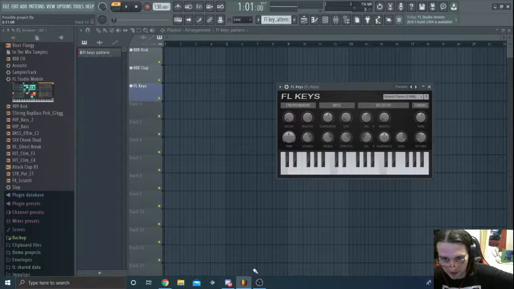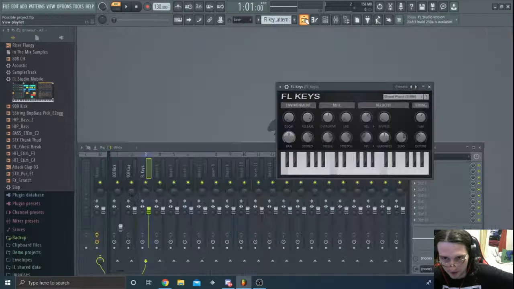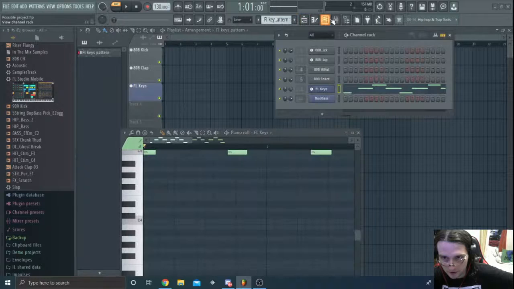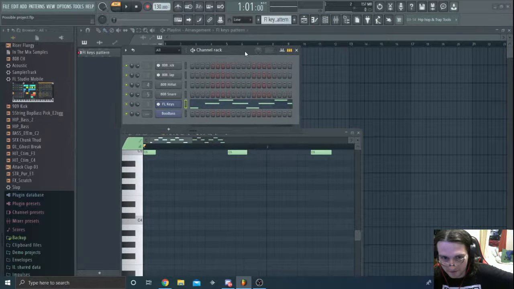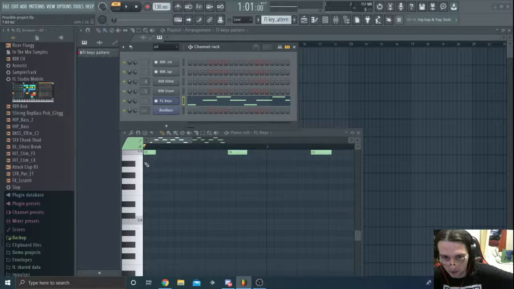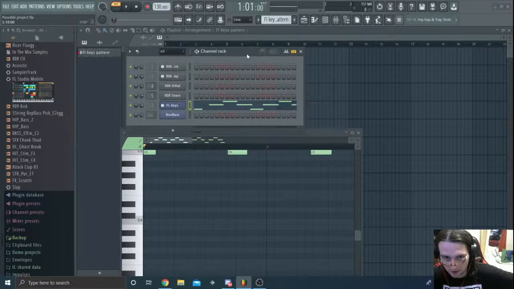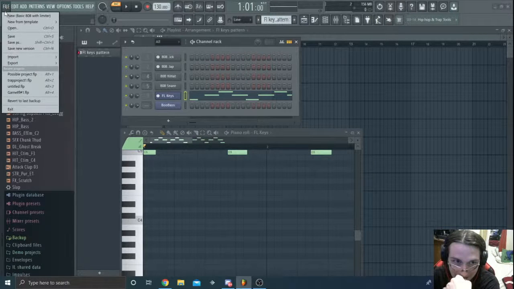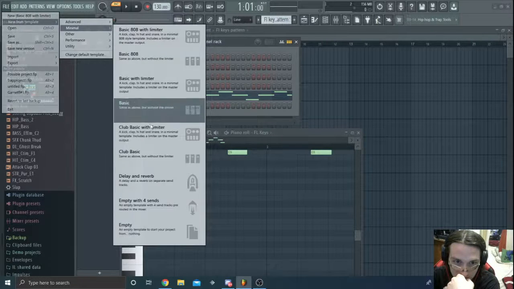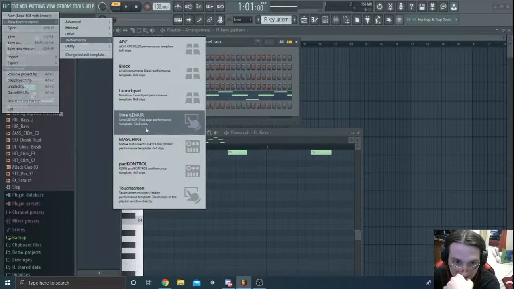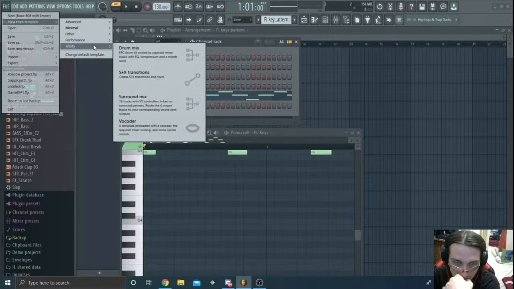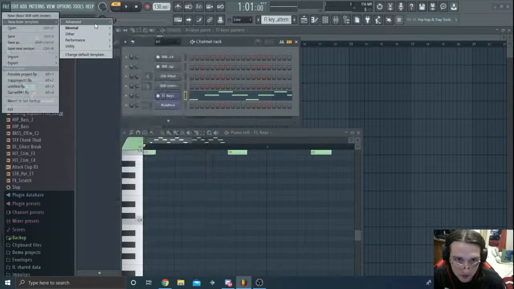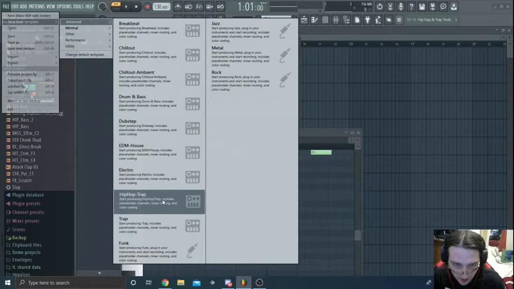I did mention in the last live stream that I have the Akai Fire controller, and I said I wanted to mess around and actually make some tracks. So maybe we should try and get new from template. I'll save this in new from template. Okay, what's the advanced? Drum and bass, hip hop, trap.